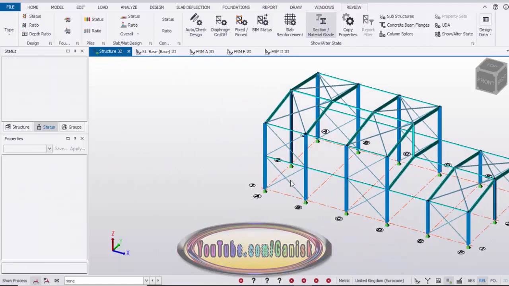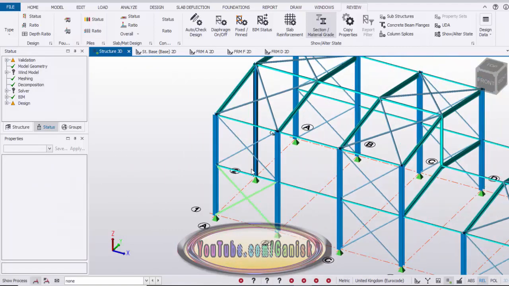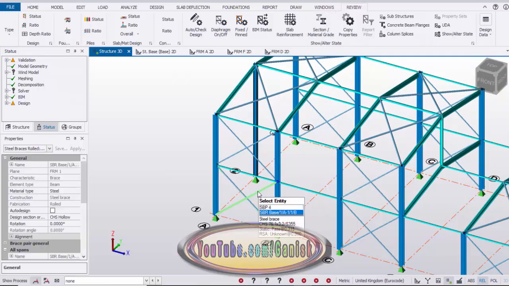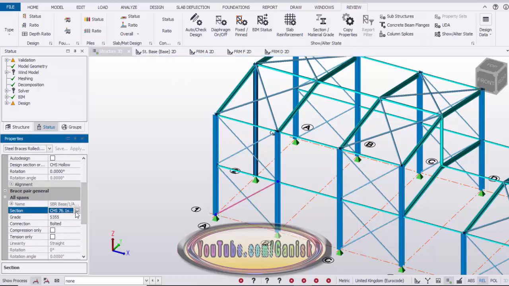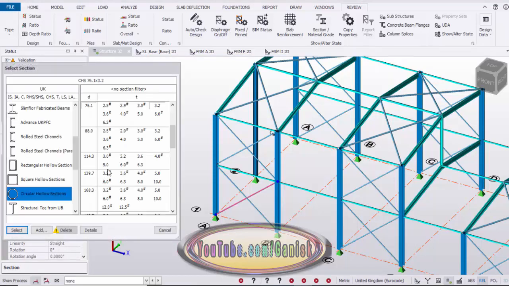Now we're going to change the braces also, brace sizes, so click on here and scroll it down and enter. Now we're going to change the size of this bracing. 114.3 by 3.2.